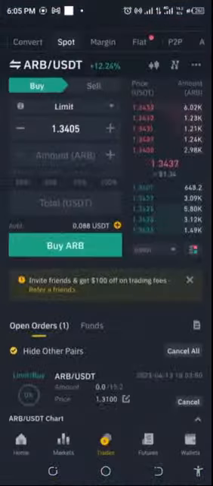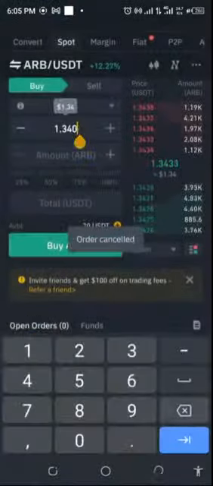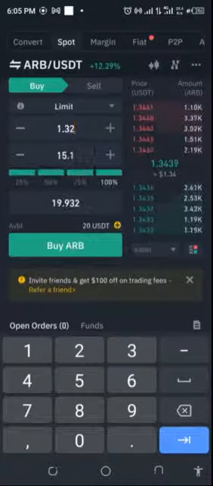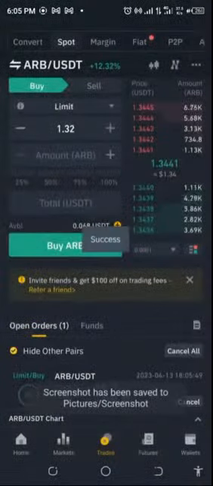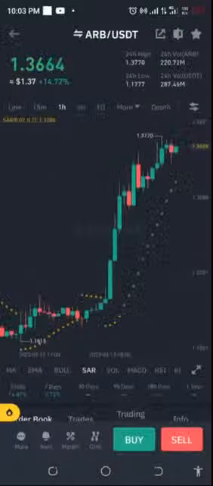Okay, I'm going to cancel that. And then I'm going to set the buy limit to 1.32, and then pick up the entire thing. I think that should just be fine. 1.32 should look like a considerable amount, and then let's just stay in the queue. So be back again with the results. Wow, it's